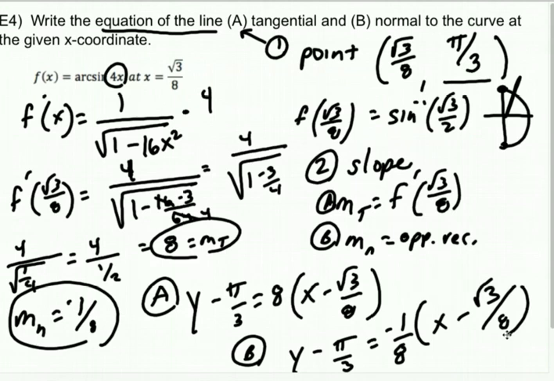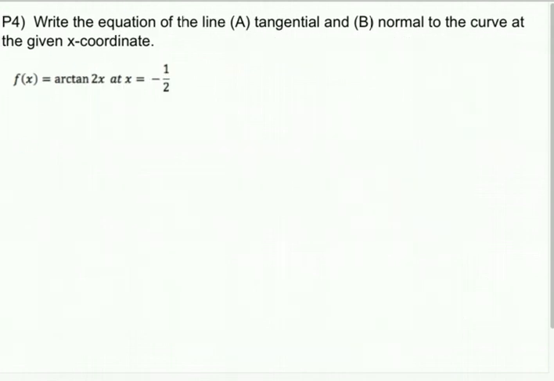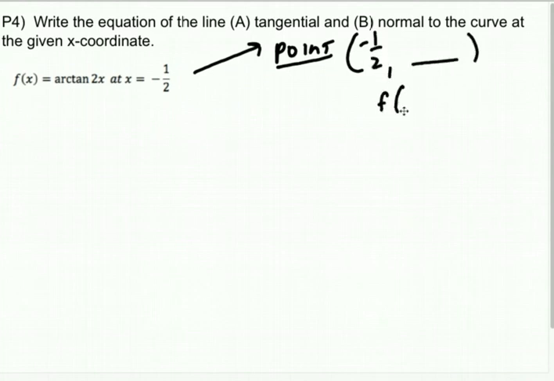Okay? All right, we'll go ahead and try a P4. Same idea. All right, so you have arctan of 2x, and we're using negative 1/2. Cool. So first thing I need is a point. Right? I know it's negative 1/2 comma blank, and the way I find that blank is by doing f of negative 1/2, which is going to be the arctan